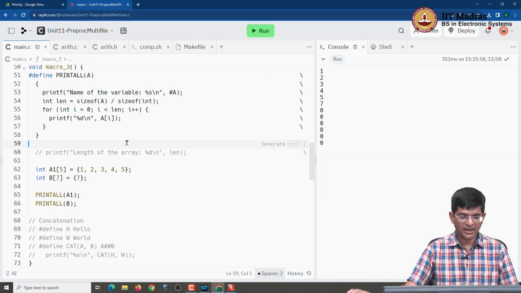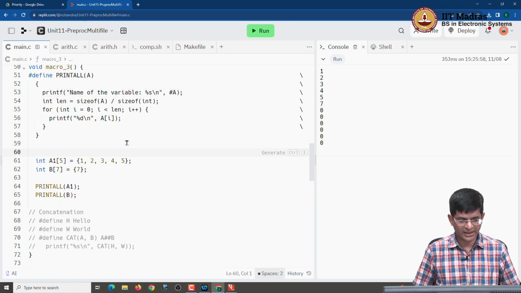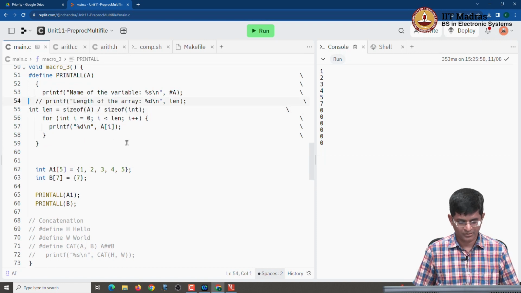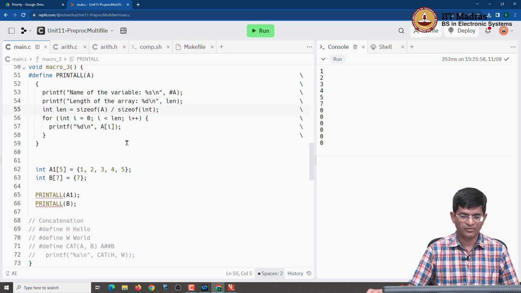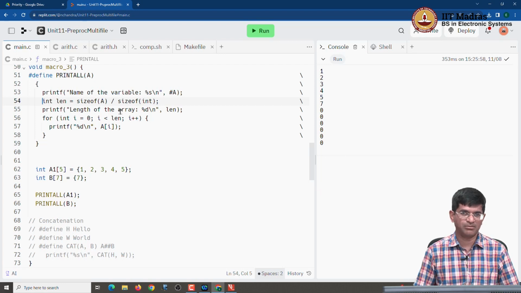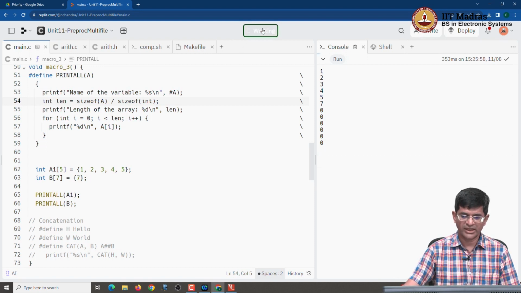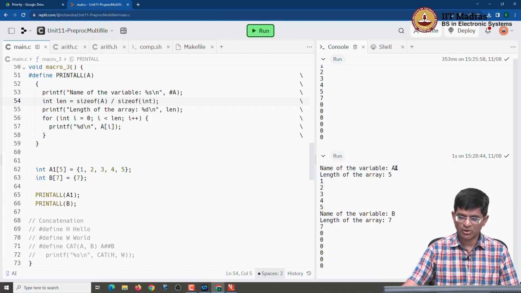right? And I can also of course print out the length that I have out here. Right. So both of these, of course, in order to do that, I first need to compute that length. So yes, here it goes, right? I first compute the length and then I print it out. If I had not done that, it would have resulted in a compile time error actually. Now let's see what exactly happens over here. When I run this, it actually says name of the variable a1, length of the array 5, name of the